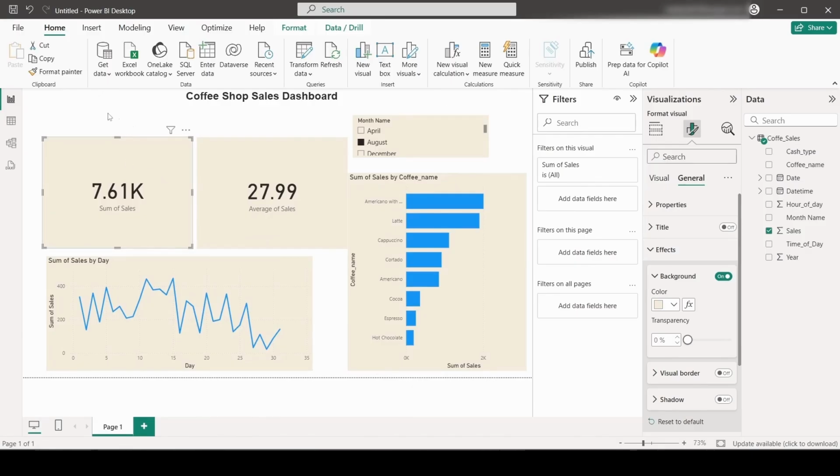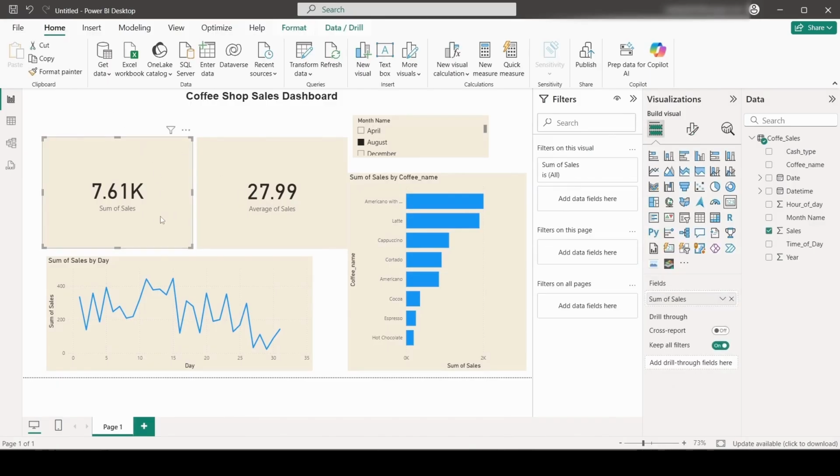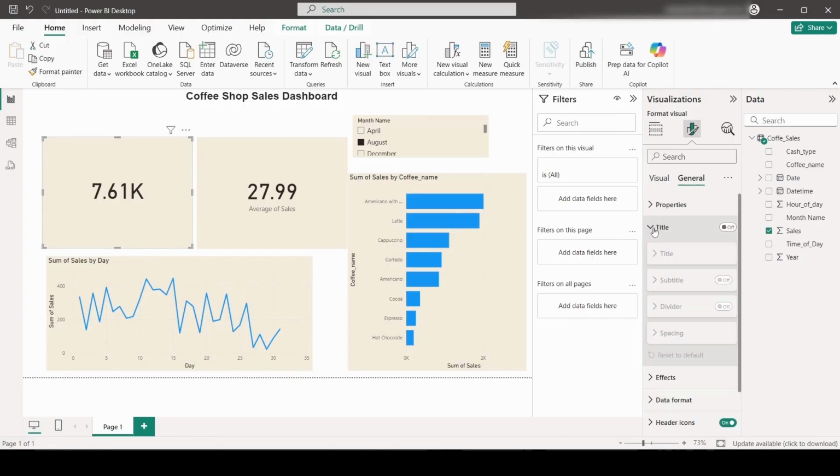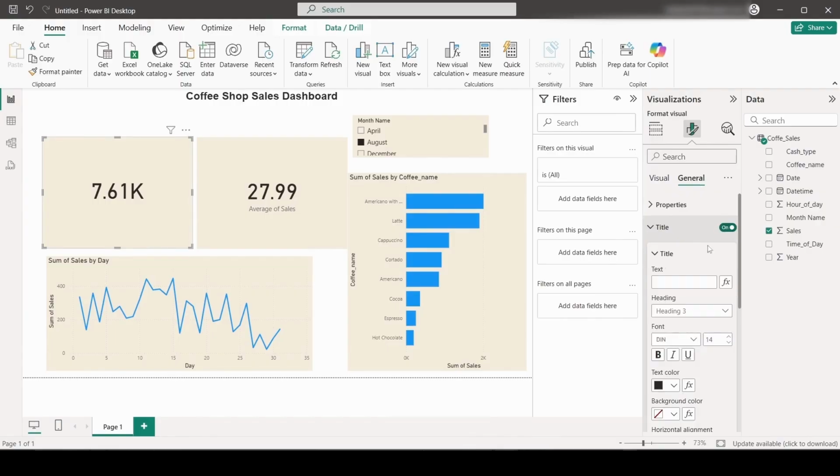Now we have done changing the background color, and after that I'm going to give the title for each visual. Here, if you see the field, you will have this default name which will appear. If you don't want this name, you can just delete it and give a space. And for giving the title, again you have to go to that visual formatting page, and under general you will have this title option. So I'm going to give the title like total revenue,